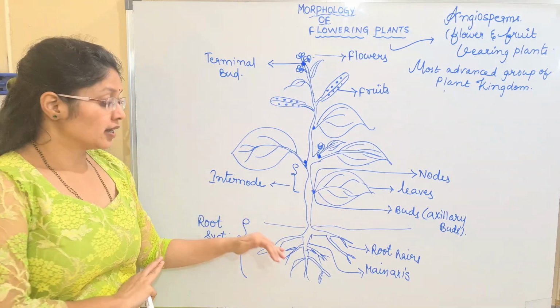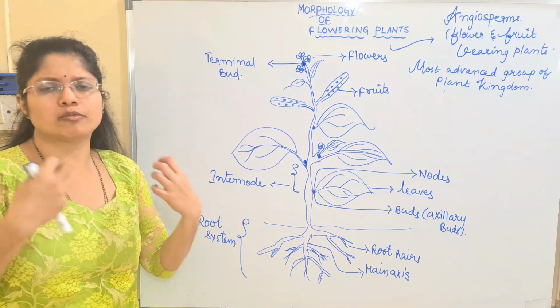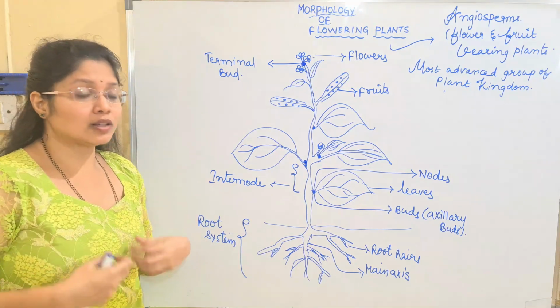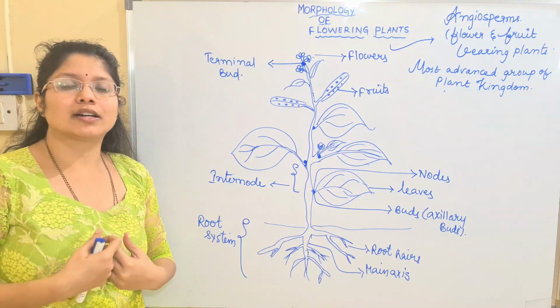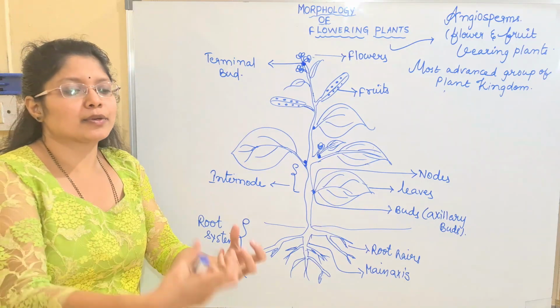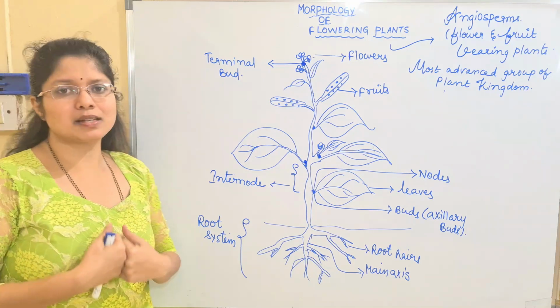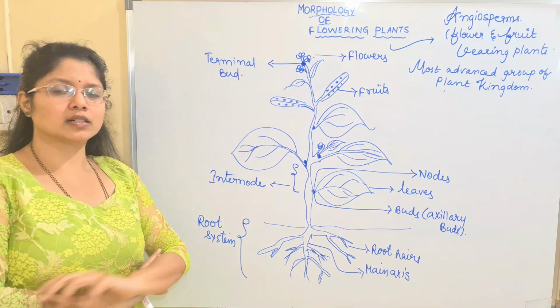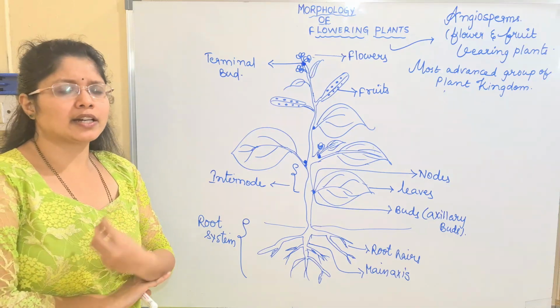Every structure, even the root which is present underground, has different types of modification based upon their adaptation. Based upon their habitats, every plant has different morphological features and is adapted to that particular situation. This is the most amazing part: the plant has a great intelligence to be present in any type of environment.